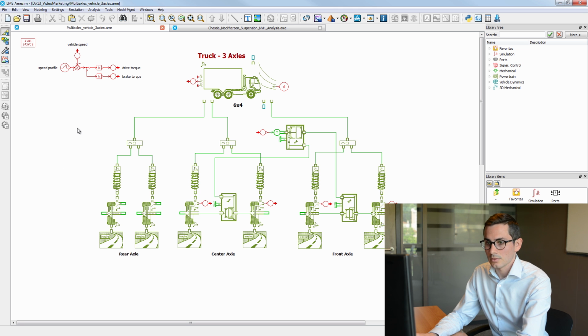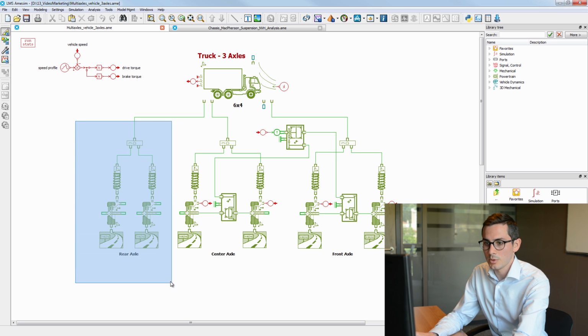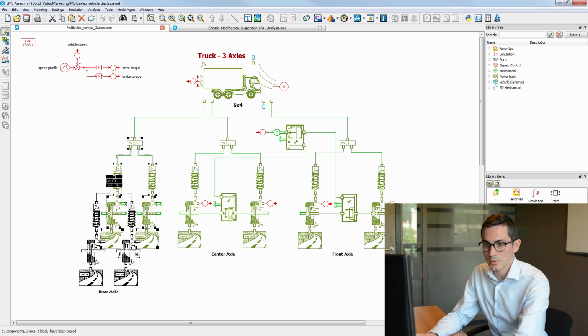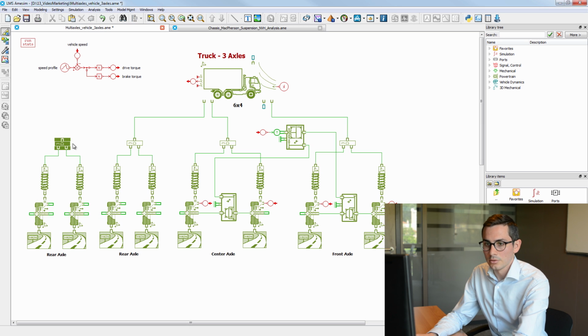So let's model a 4-axle vehicle just simply by copy-paste these components here and using another 3D node on top of these two. So you can cascade the 3D nodes together in order to model multiple axle vehicles with no limitation in number of axles. So this was for the first example.